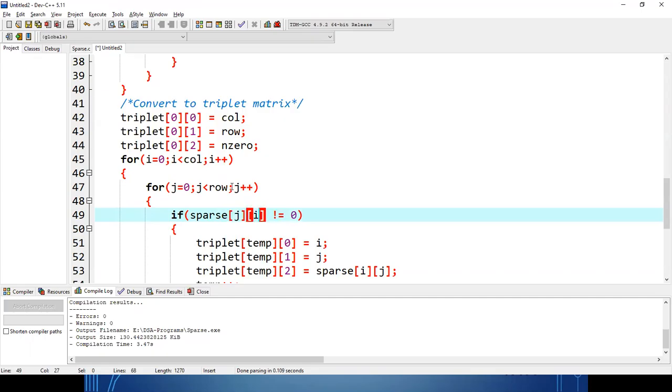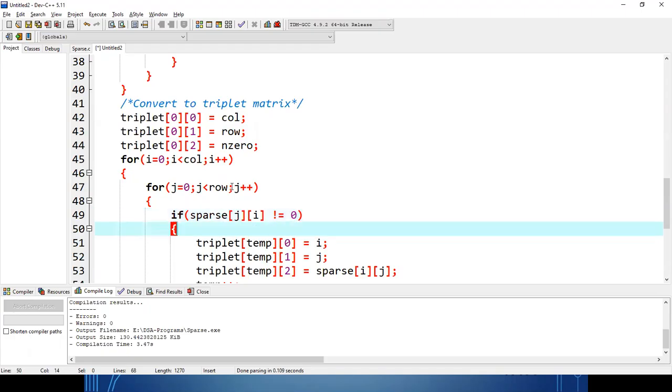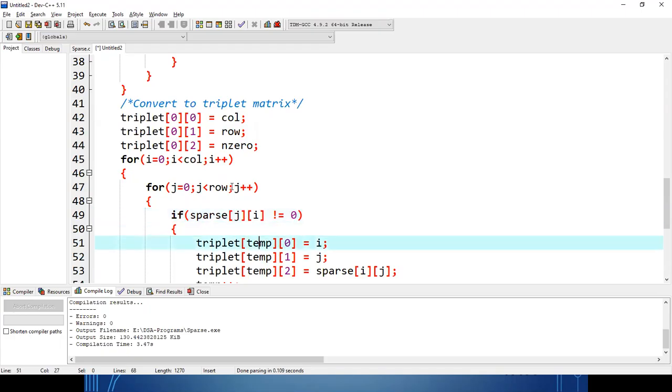Why? Because 1 0, 2 0, 3 0. Clear? And here you will write down i is the column number, and this is fixed. Sparse of ji is the value. This much you have to change, nothing more.